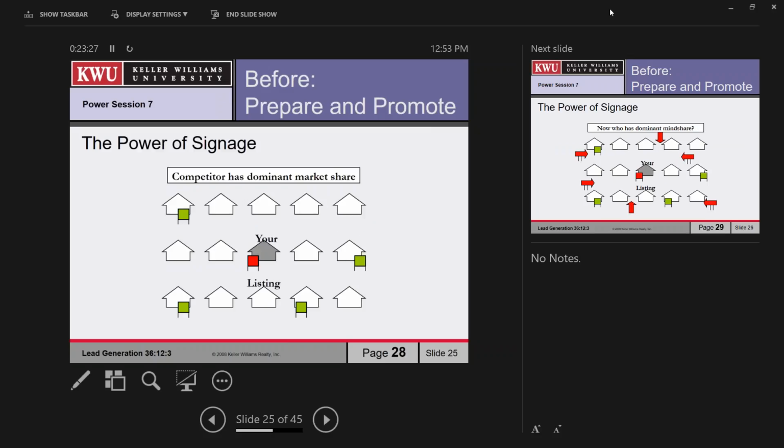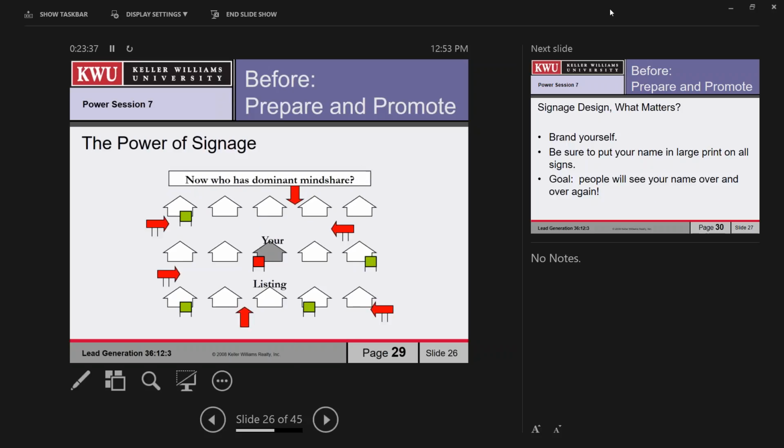All right. So your competitor, the power of signage, your competitor has dominant market share. So you've got a listing and these are your competitors' listings, and you put up all those open house signs. All right, who looks like they have more going on in that particular area? You do. So I've lost many of them over the years. I still have Century 21 open house signs if anybody wants to buy them. I still have a bunch of them, but I would put out more than 20 signs